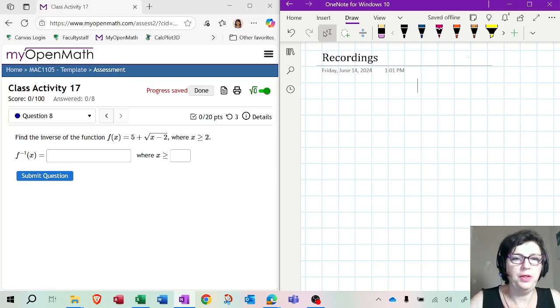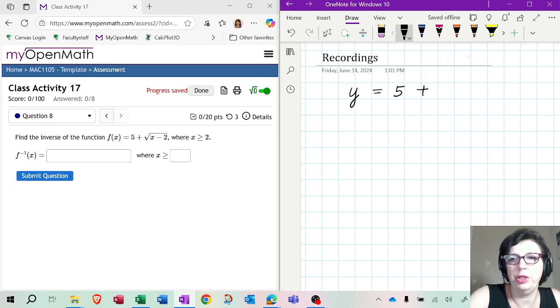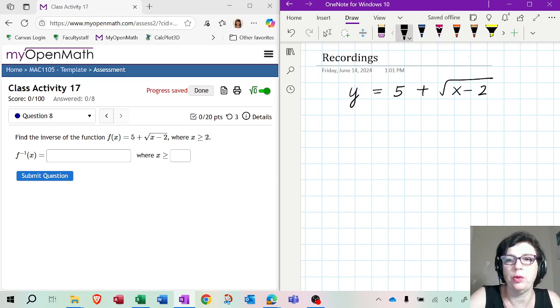Okay, guys, in this video, we are going to look at one more example of finding the inverse. So here, instead of f of x, I always will need to change it to y so that I can find the inverse. And in this case, x has to be greater than or equal to 2 because that's the domain, right? Remember that the expression under the root has to be greater than or equal to 0 all the time. Okay, so let's see if we can switch x and y, because that's our next step.